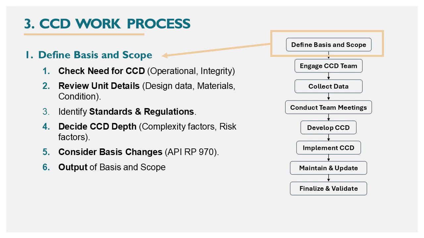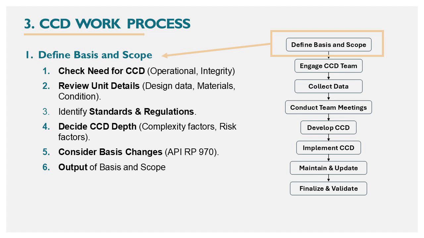Low risk or simple, simplified CCD or integrate into existing programs. Number 5 is to consider basis changes, in this case API RP 970, not limited to material discrepancies, regulation changes, feedstock or operating condition changes, longer run lengths, and updated codes and/or standards. Number 6 is define the output. Documented scope stating units or systems covered, detail level, key assumptions, and links to other programs such as RBI, IOW,